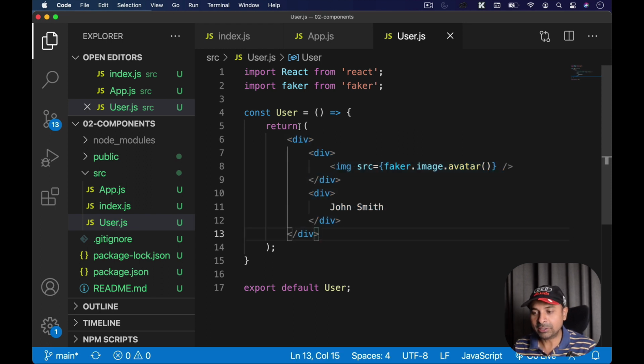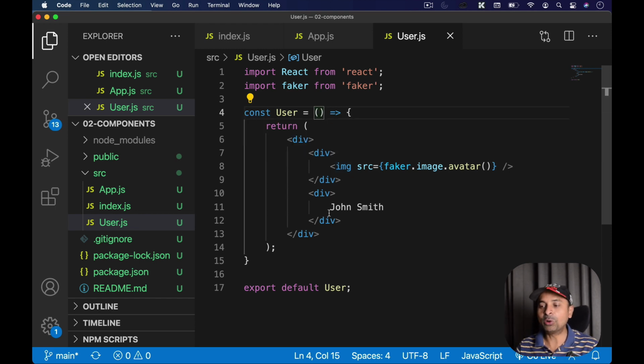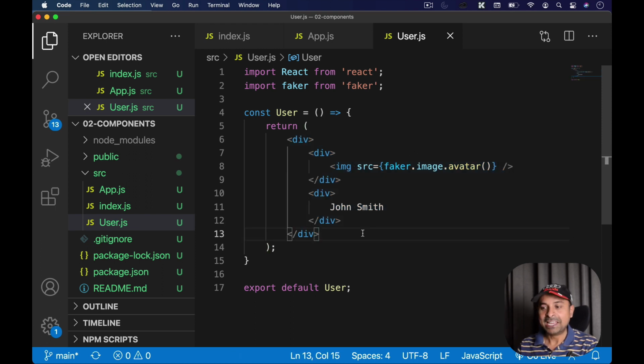See, a function is nothing but a small code or small machine, I can say, which takes input and produces some kind of output. So we need this user to take some input, and based on that input it's going to configure my user JSX, and it's going to return me different JSX each time based on the input values. So that's what we need to do here.